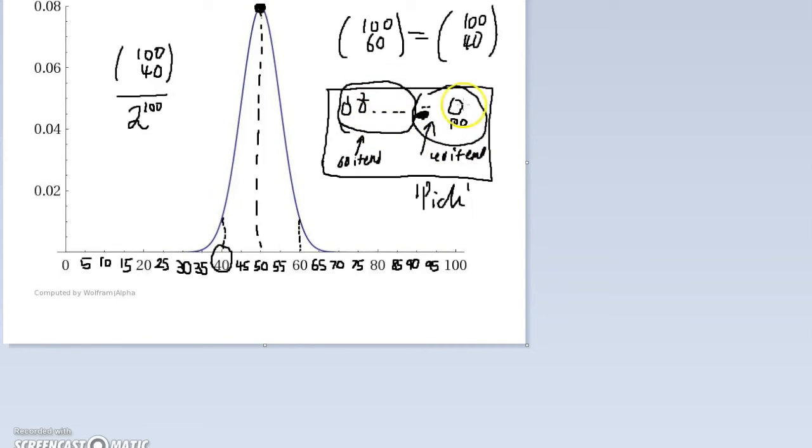We're picking these 60, but there are 40 left over. So the number of ways of picking 60 items is really just the same thing as the number of ways of picking 40 items, because every time we pick 40 items, we inadvertently pick the other 60. So every time we find a unique way of picking 40 items from this pile of 100 coins, we find a unique way of picking 60 items from the pile of 100 coins. So that's why we have this nice symmetric